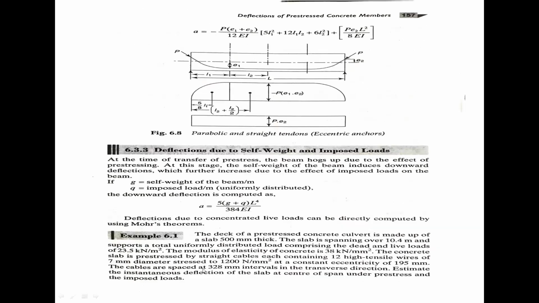12 into, that is the 38 from the given data. I have to write the data for tensile stress, 38 kilonewton per meter square. The problem gives the modulus of elasticity of concrete as 38 kilonewton per meter square. Small correction: 38 into prestressing force 1200 divided by 1000. Finally, each cable has to apply a force of 544 kilonewtons.